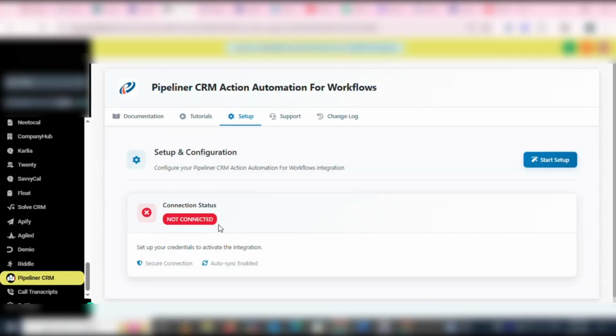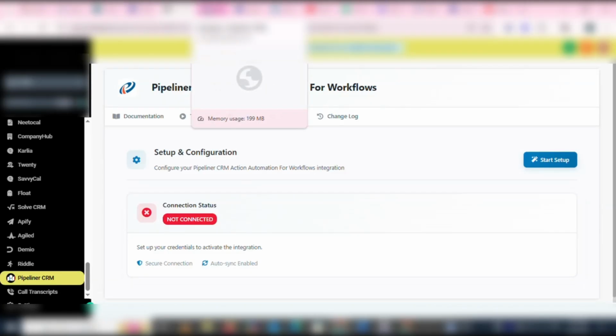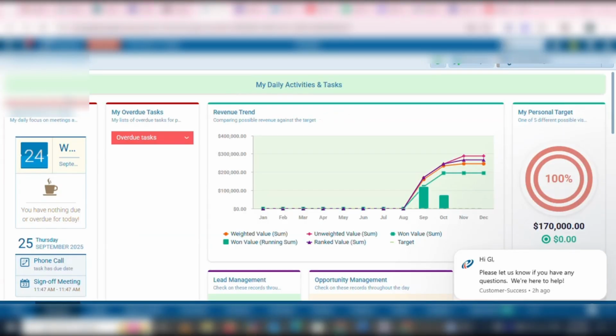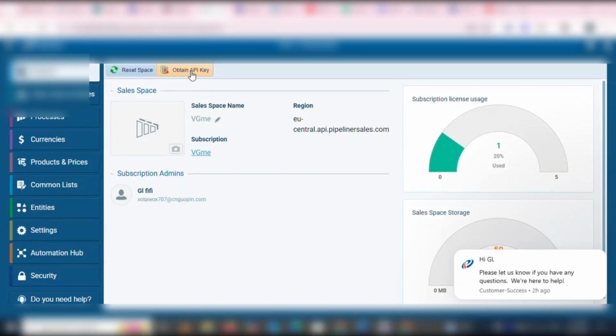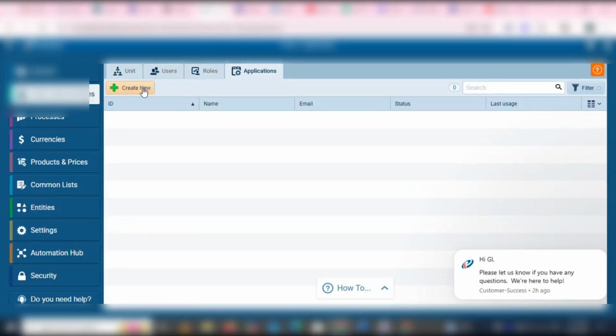We noticed that our app hasn't yet been connected, but no worries, we're going to walk you through how to connect and set up the app. First thing, you're going to head over to your app online. Once you're here, click on the menu icon, click on Administration, click on Obtain a Key. You're going to click on Create New,